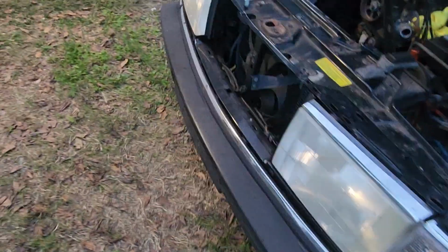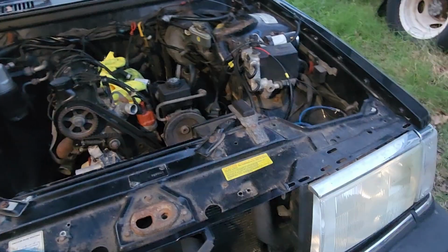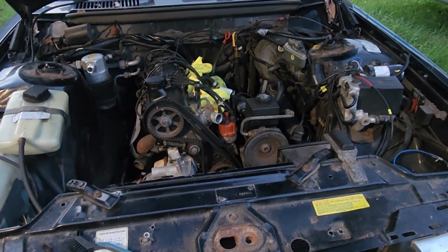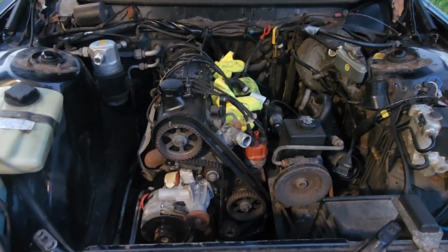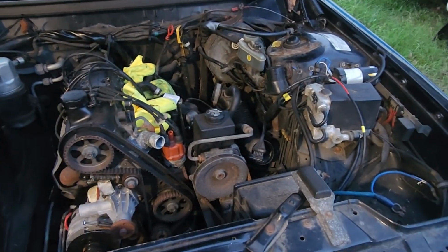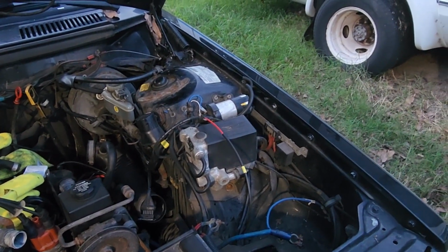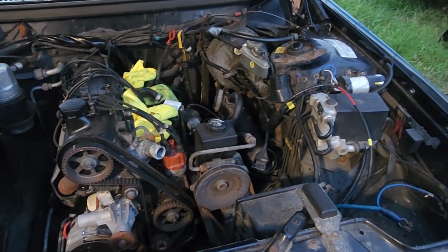So anyway, next order of business, let's get the intake manifold back in, get all the wiring reconnected, and before I hook this up, I'm just going to spin it over and make sure that everything is spinning over. I think I need to recheck my timing belt, but I'll double check that. Get that harness put together, get that connected so my fuel pump is working. At that point, I'll try to start it, and if it starts and runs, then once that's established that it's starting and running again without setting the car on fire again,